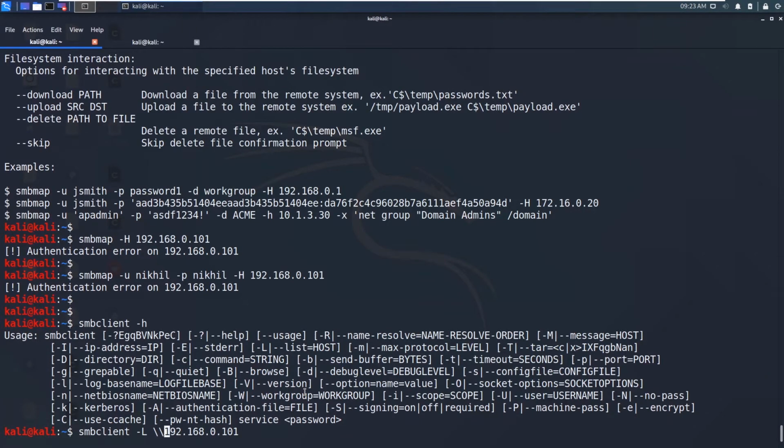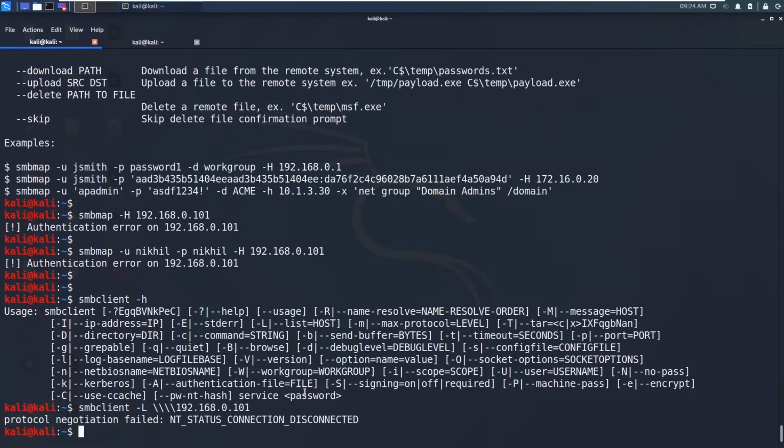That's the Windows convention. If you remember that, it will be the double backslash. But in Linux, this backslash contains some special value. To remove that, we need to put another backslash. So let me hit enter.